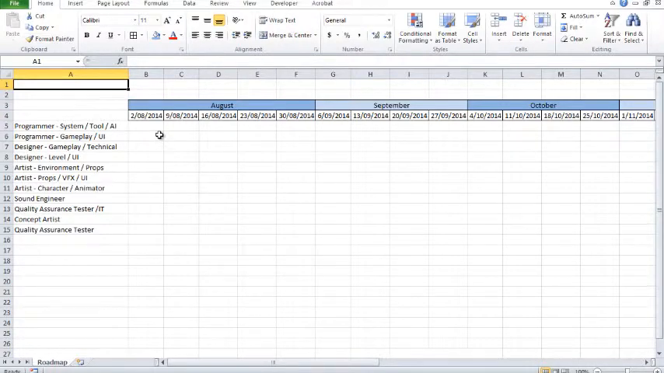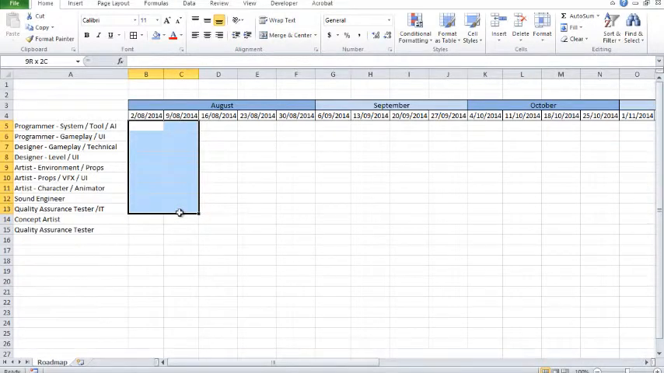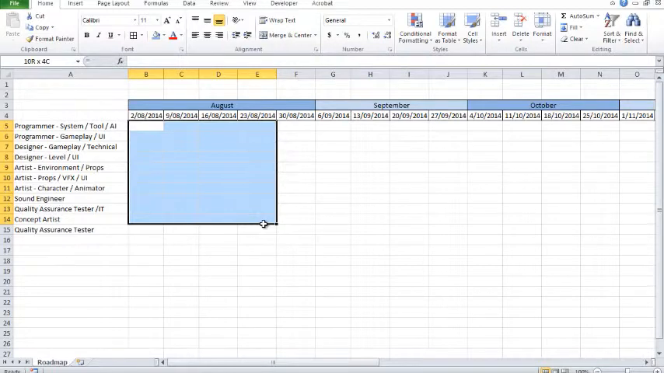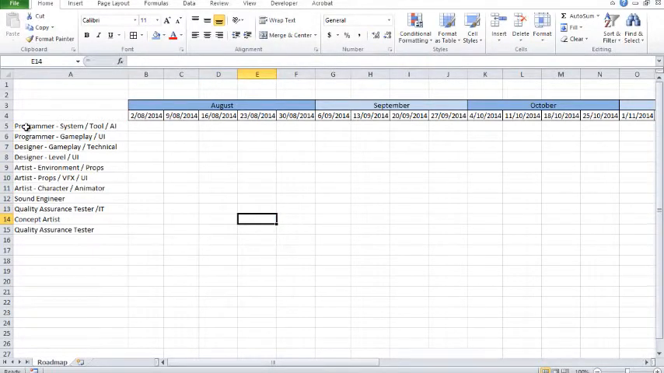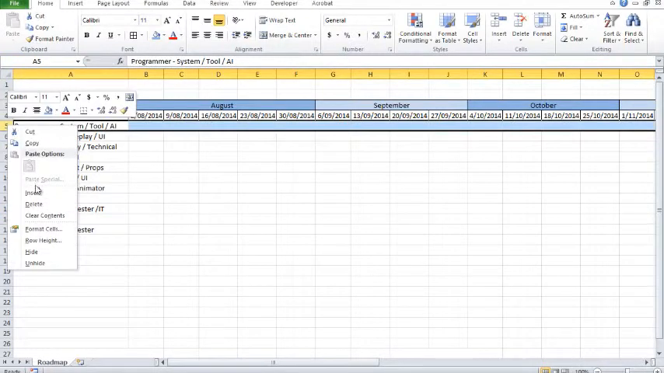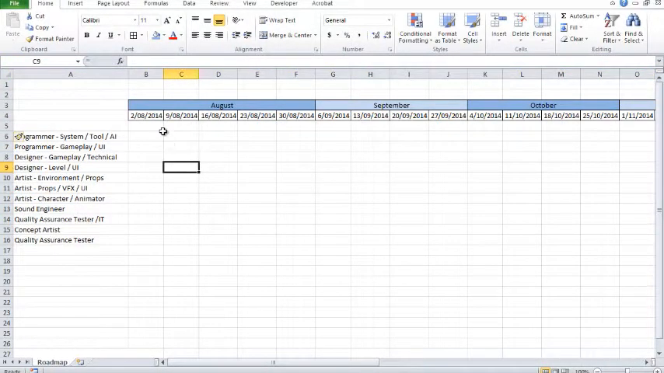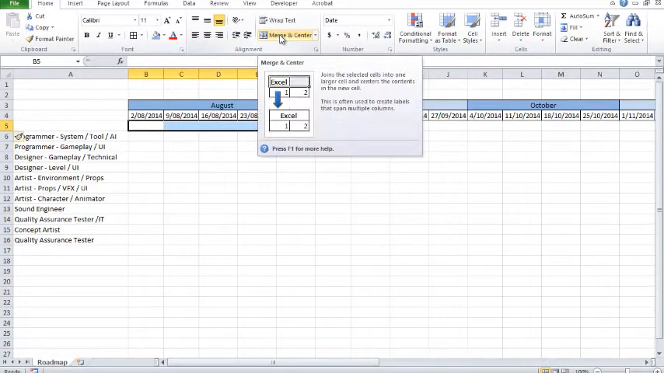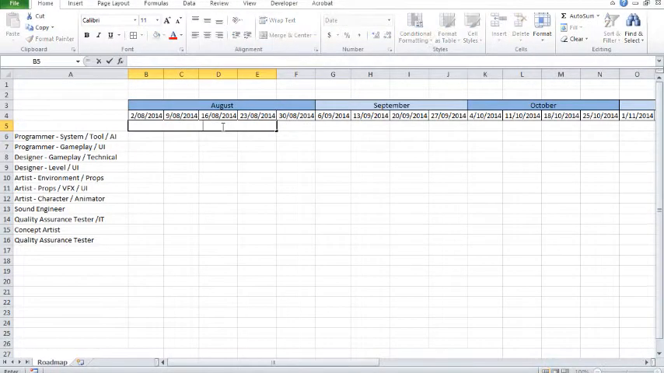We've got limited time, so you could do 2-week milestones, which would be a bit close. You could do 6 weeks. 4 seems about right for this small project. So what I'm going to do is add another row in here. So right click and insert a row, and within that row I'm going to define a 4-week period. So I'm going to select 4 cells, merge them together, and just call that